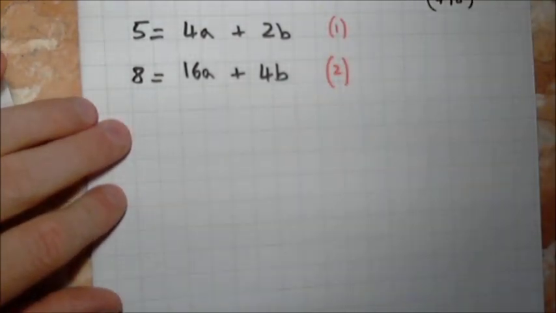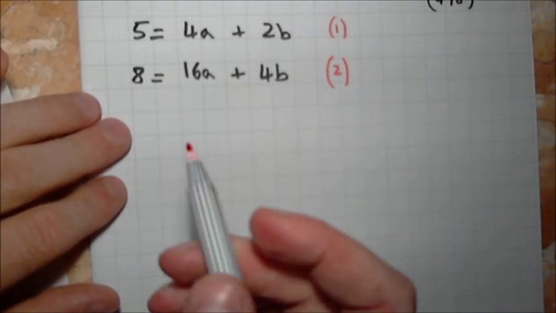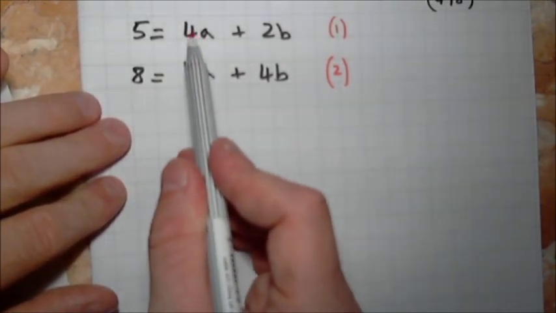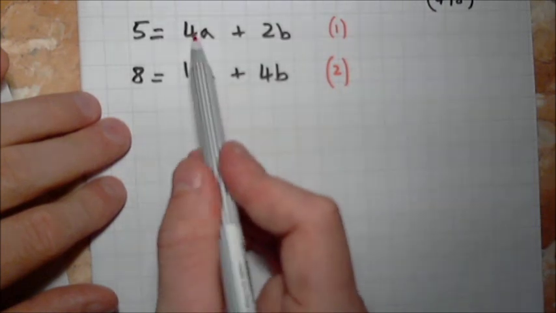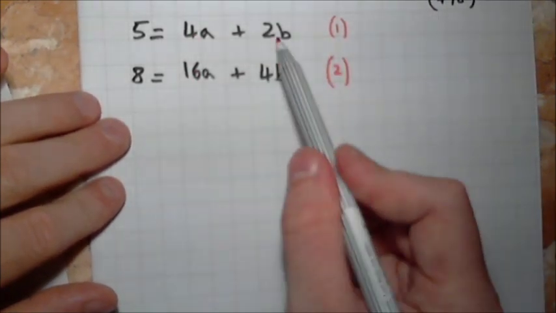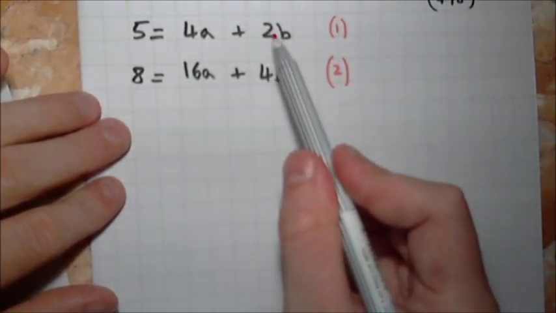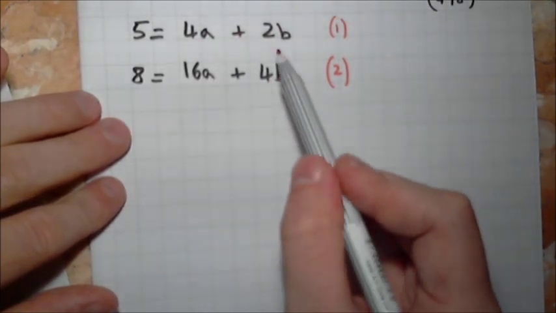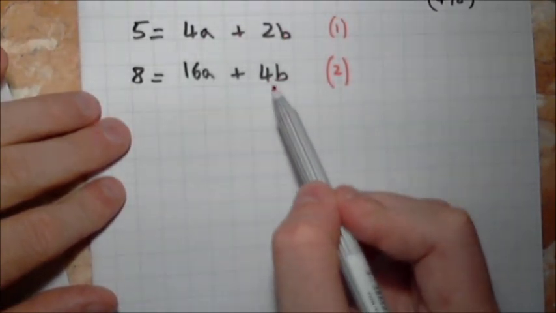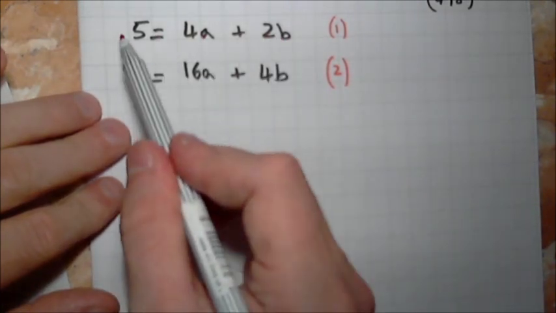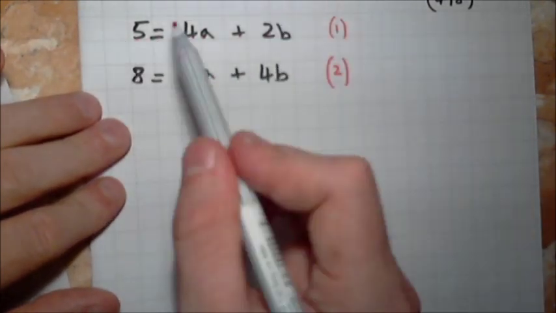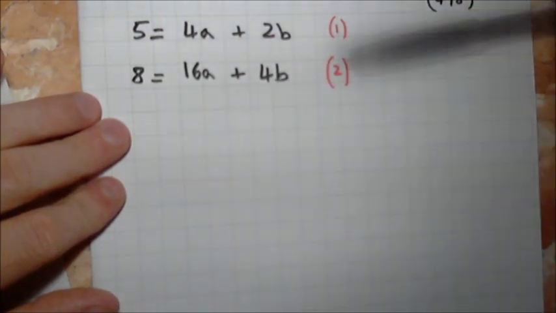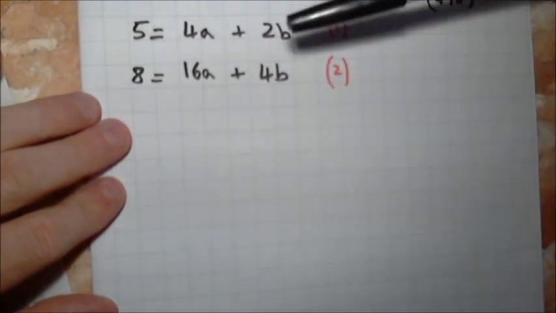So at this stage, when we're solving simultaneous equations, we should try and see if the number before the a's are the same. They're not. Is the number before the b's the same? No, they're different. So we now need to make one of those the same. I'm going to pick on the b's. This one is 2b and this one is 4b. So if I times this line by 2, I will get 4b. Let's do it. So line 1